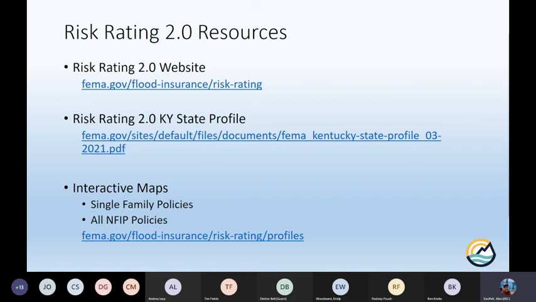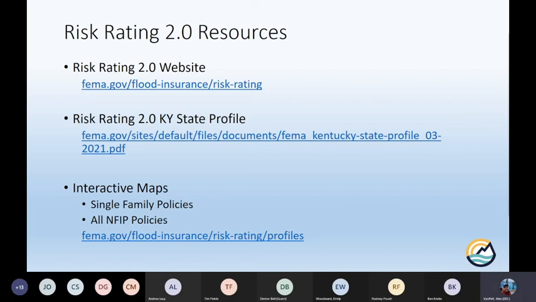So you can go to that link and look at Kentucky's state profile and get some of the same information I've provided to you. The ones I'm really excited about, though, is on that state profile page, you can actually go down and look at the estimated change for your county. So you can go on there and say, okay, I'm expecting this many to see this much dollar increase, I'm expecting this many to see no change, and this many to increase more than $10 or $20 a month. You can also drill down to the zip code level with those. So there's spreadsheets available. Go take a look. Definitely encourage you to play around and see what's getting ready to happen in your community.